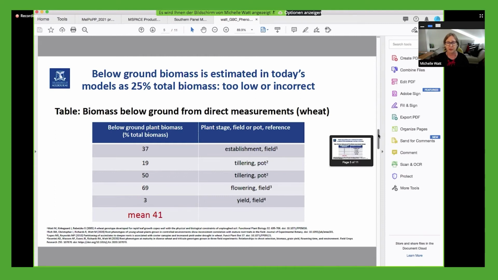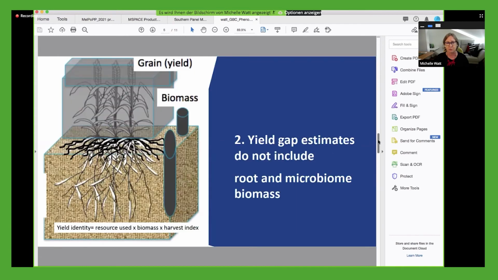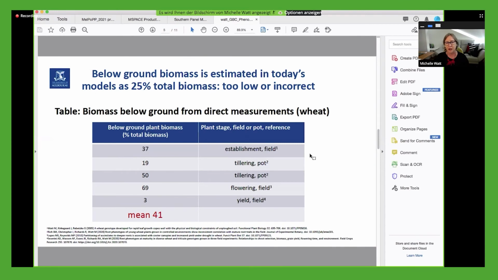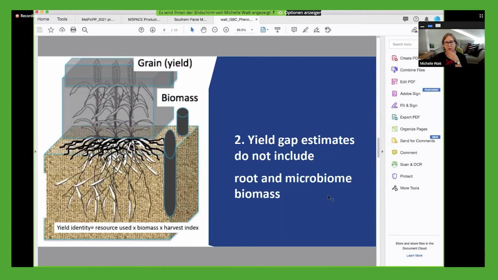And really the message here is that we can do a much better job of estimating and quantifying below ground carbon compared to this number we're using from the 1960s, with today's new technologies and even more new technologies that can be developed. The second point that I'm going to make about this below ground biomass and carbon is that